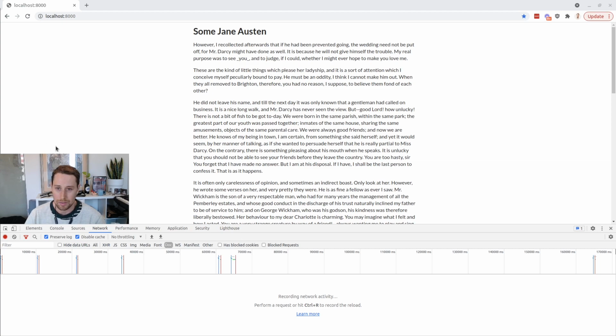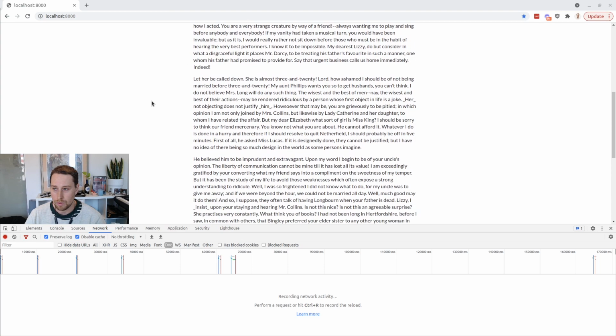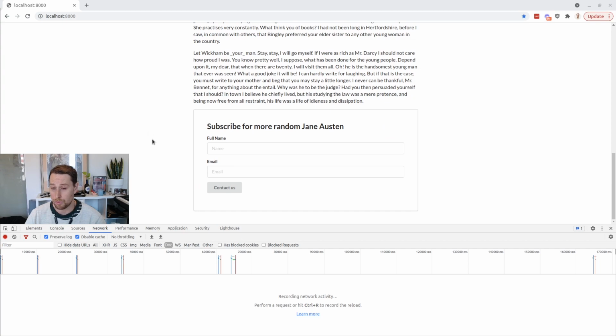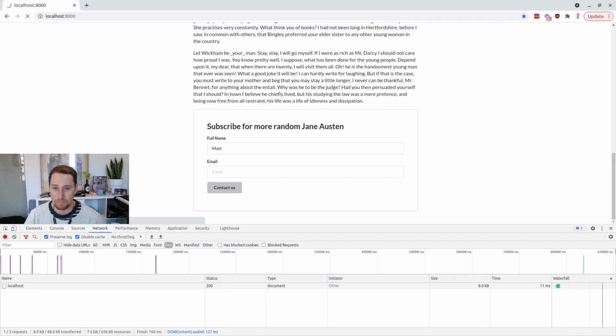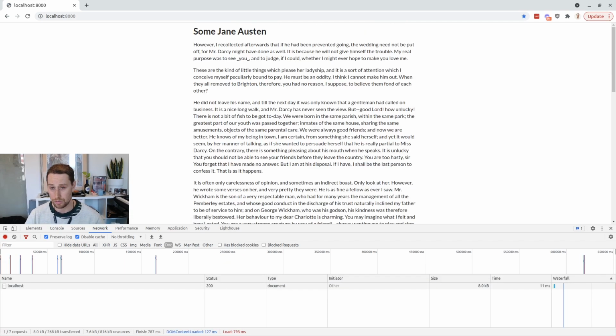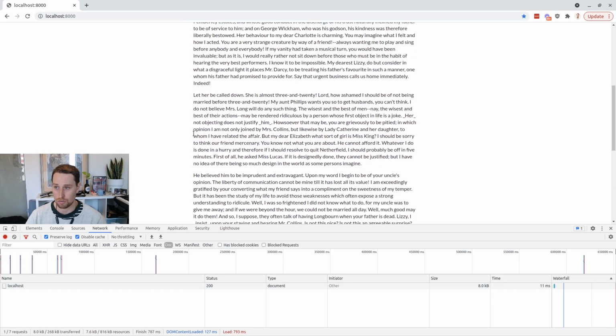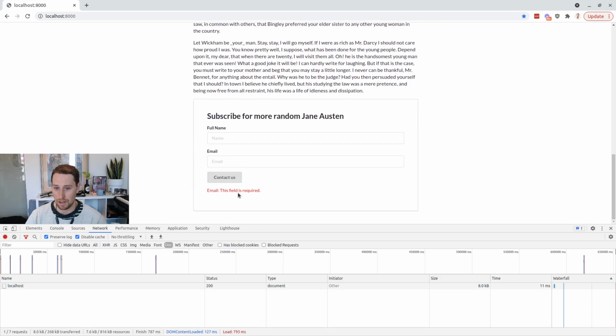I'd like to show you some of the downsides of using HTML forms. So here's a long article, and at the bottom of the article we have a subscribe form where you give your full name and email. And so this is all fine so far, and the user might fill out their name and forget to put their email in. And so what we get is a full page reload where we've gone back to the top of the page and the user has to scroll back down to the bottom to see that the email field